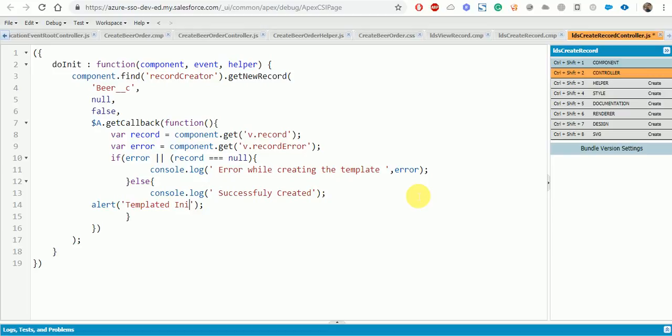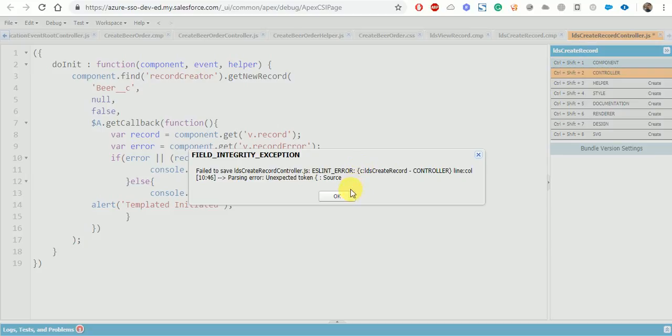Template initiated. We can save it. Oops, we are getting the error on line number 10. Okay,